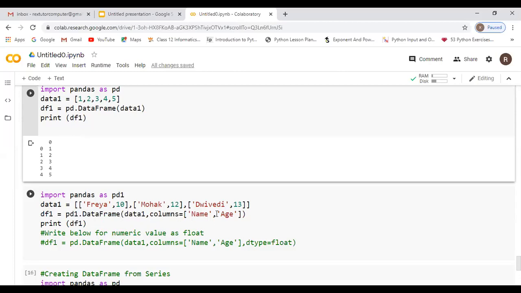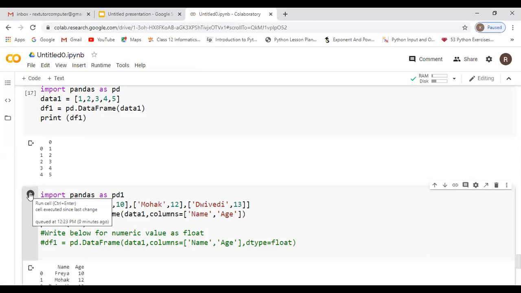Now here we are using only two arguments. We passed data, comma columns is equal to, for the data I created here, I am giving the column names. For the first one I am giving the column name as name, and for the second one as age. That is the meaning of columns equal to name comma age. Now print df1. When I execute this, you can see the output.